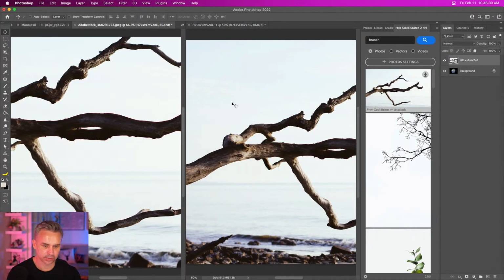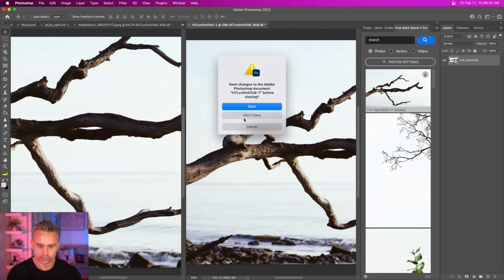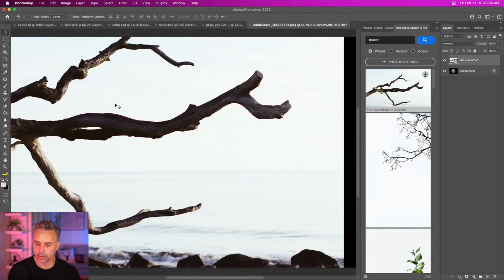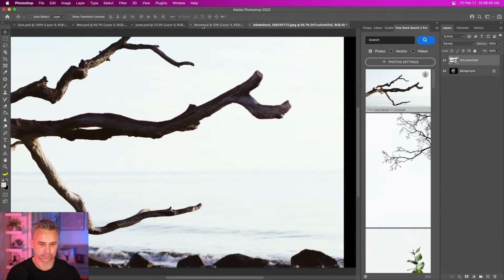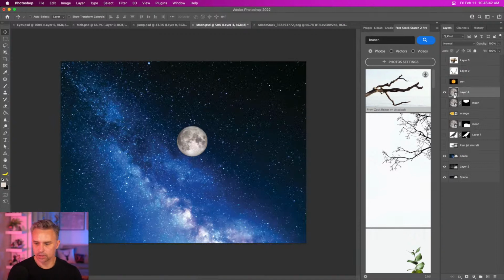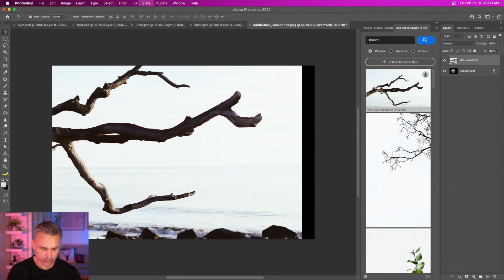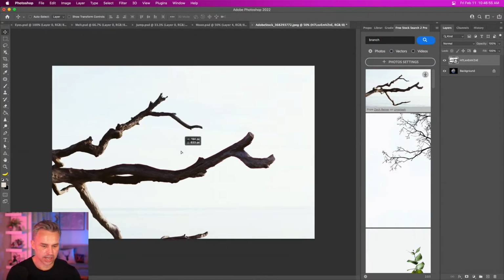Let's bring that over like so. Okay, so I'm playing with size here. Let's close that. I played with size with the orange. Those two things had a lot in common, but what I want to do now is